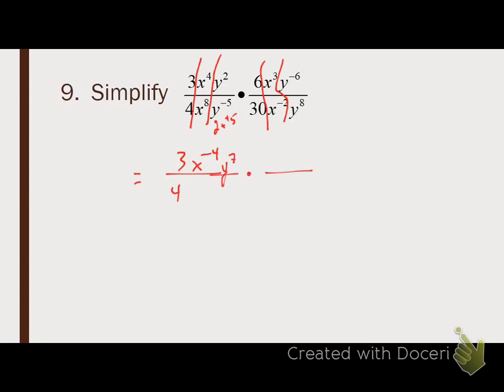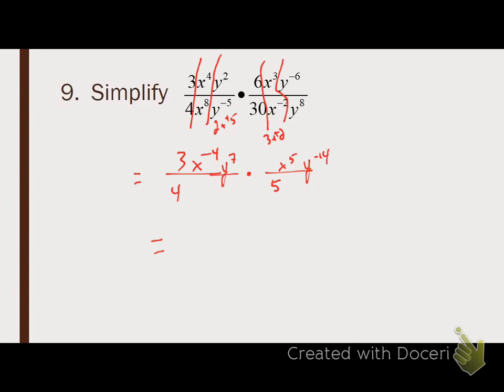6 over 30 reduces to 1 over 5. And then the x's, 3 minus a negative 2 makes that 3 plus 2, so you get 5. So x to the 5th. And then negative 6 minus 8 is negative 14. Now I'm going to multiply the two fractions together, numerator times numerator, denominator times denominator,